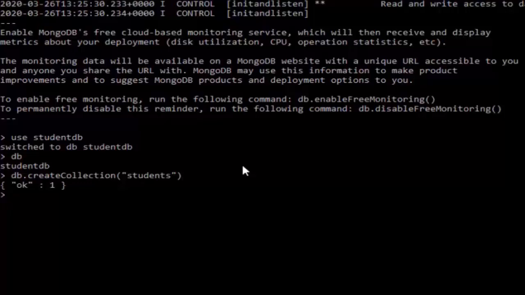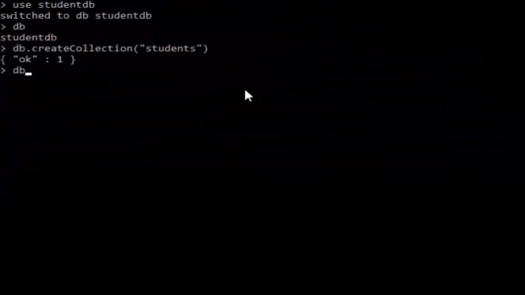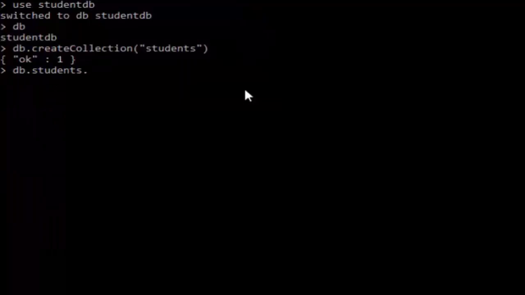Now in this collection we'll insert the documents. First we'll insert only a single document by using the insert method. So db.collectionName, that is students.insert, in parentheses curly brackets, that is student name.